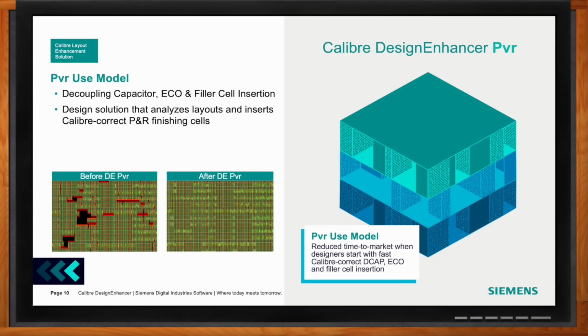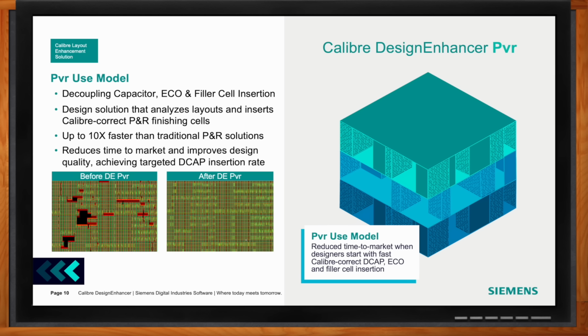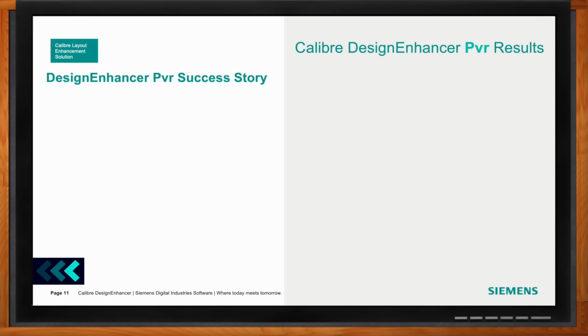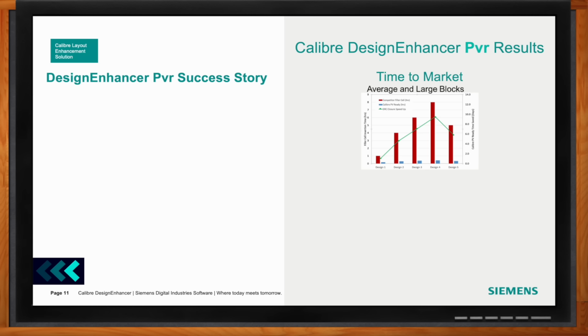The improvement that we're getting is significant. On the next one, I'll go ahead and show you a little bit about the chart. As you can see here, in the red is what the place and route tool is taking. And this is, again, customer data that they provided to us. The blue down here, which hopefully you can see, is extremely flat, but that's because we're using smart fill technology,